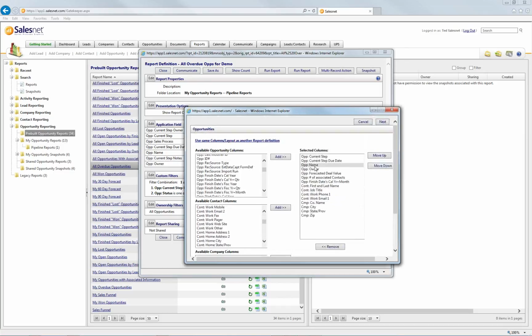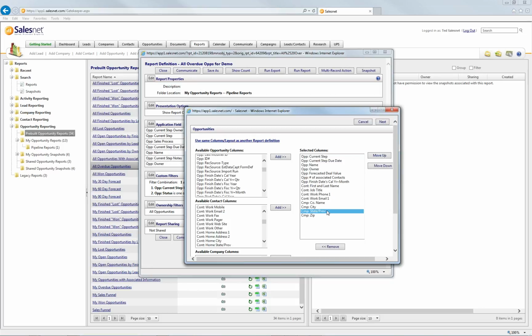And so now I have all these fields in place, and I have the abbreviation in front of them telling me what type of data field it is. And so now the ordering is important for two reasons. One, it's for the order that you would like it to be presented in the report. But two, if there are things that we want to group by, we need to push them to the top of the list. I like being able to group by current step, but let's say I want to